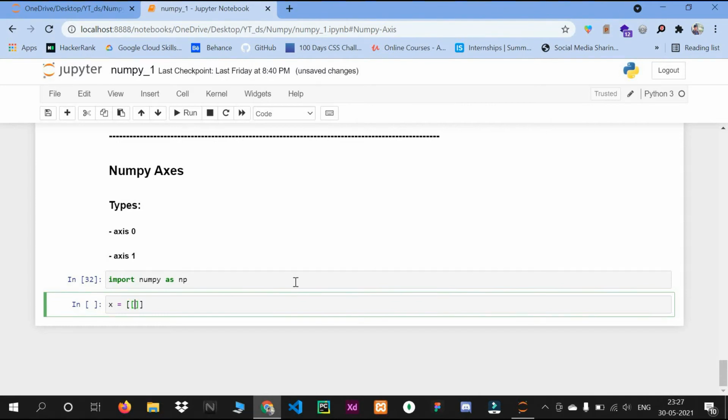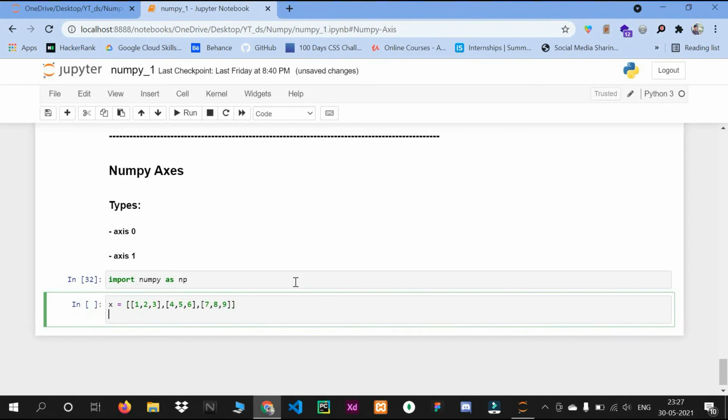So in first bracket I will write 1 2 3, and then I will take one more row, 4 5 6, and one more 7 8 9. So this is our 2D array.